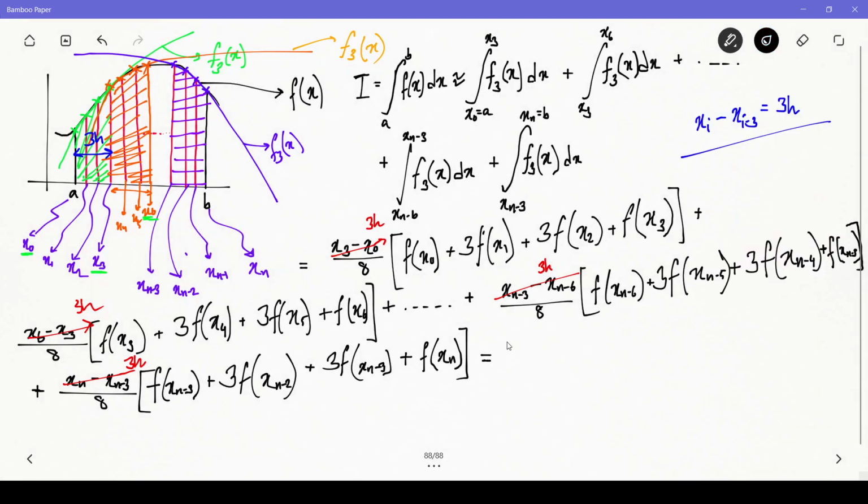So we can write it as something like 3h by 8, right? Fine. Now whatever we will do, we'll do it within the third bracket. Okay, fine. So let's try to write down the remaining terms, which is f of x naught plus 3 times f of x1, plus we have 3 times f of x2,